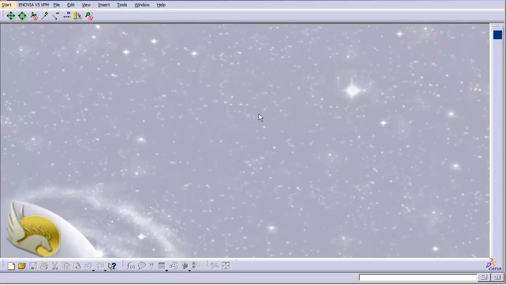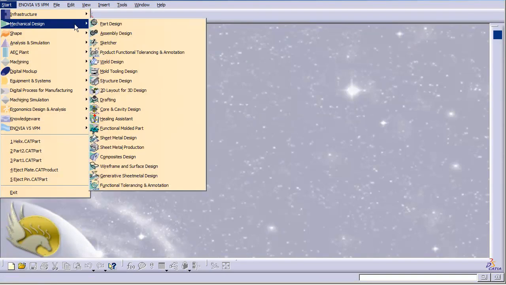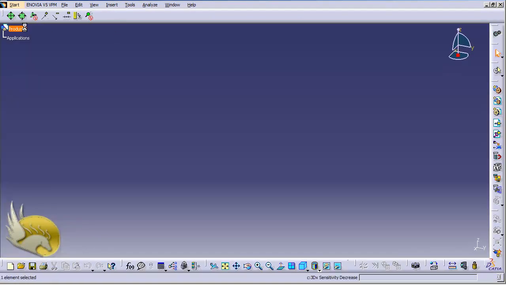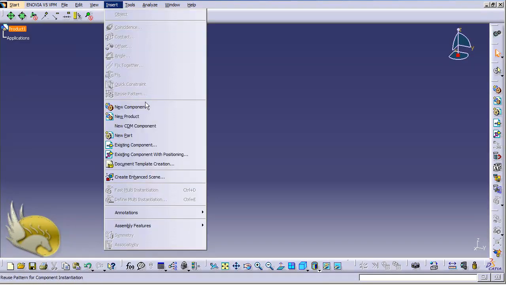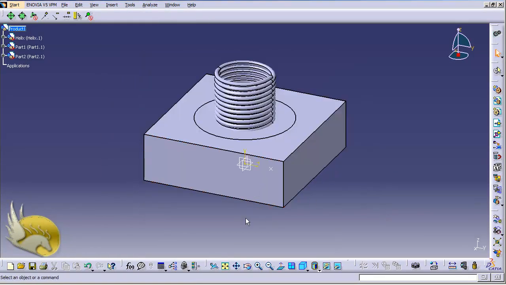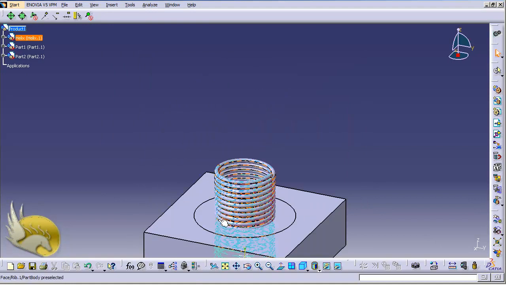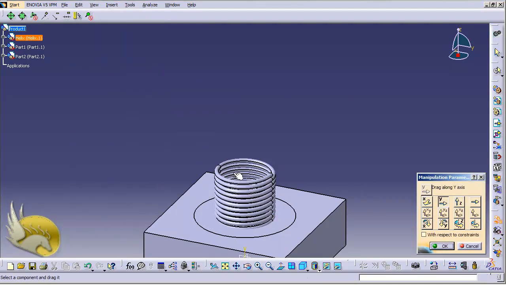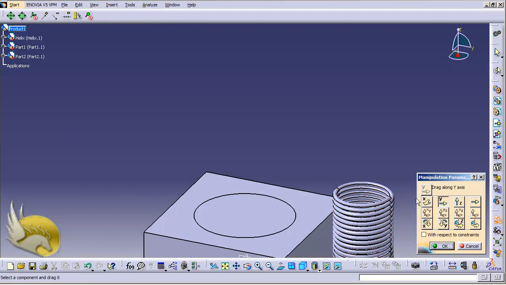Now it is time to import my parts into the assembly design environment. Let's go to the start menu, Mechanical Design, Assembly Design. Select Product 1, go to the Insert menu, select Existing Component, select all components and open. This imports my components inside. Now I want to go to Edit, Move, Manipulate, move this a little to the right, and select Z